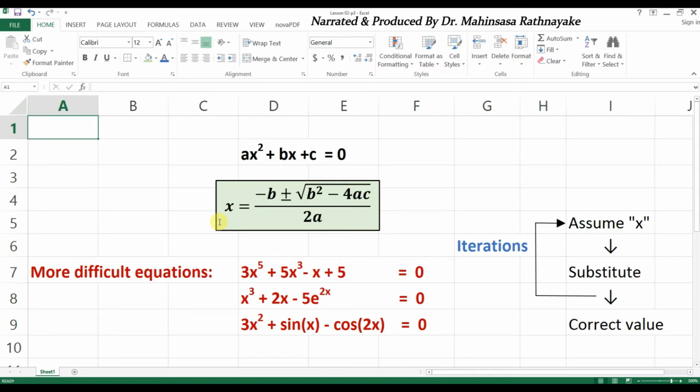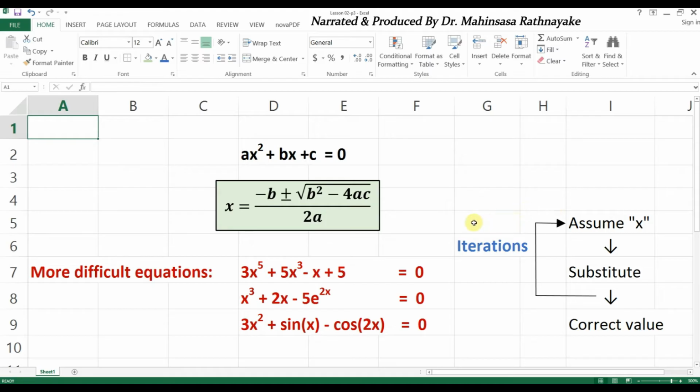We can substitute the constant values in a given quadratic equation to this formula and obtain the answers. But when the equation is of higher order, we don't have any formula like this. So mostly we have to use an iterative method to solve a nonlinear algebraic equation.